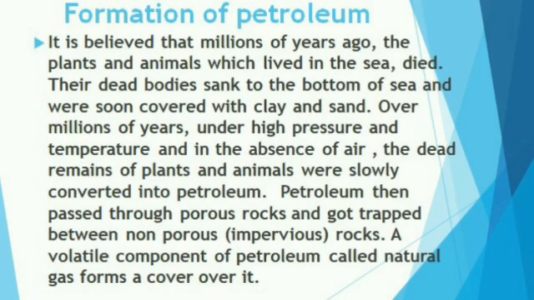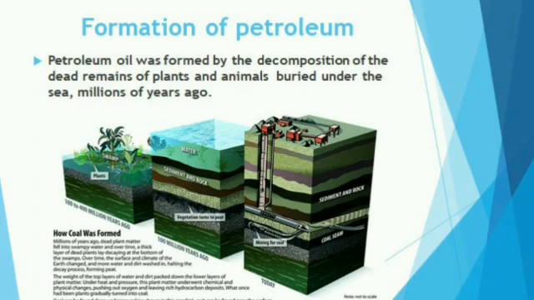How is petroleum obtained? Petroleum occurs deep under the surface of the earth between two layers of impervious rocks. Natural gas occurs above the petroleum trapped under the rocks. The layer containing petroleum and natural gas is found above that of water. Petroleum and natural gas are lighter than water and do not mix with it.